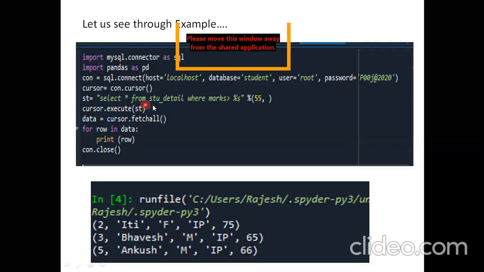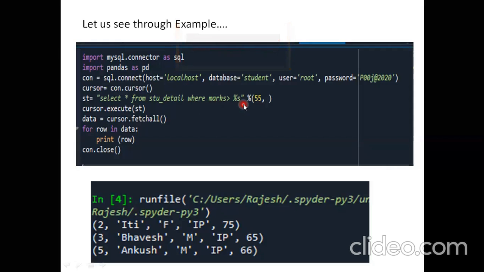So select all from the student detail where mark should be greater than this. I have given one parameter, that mark should be greater than this. And now I know what the old string format says: it should be f, that means the query string, and percent v. So percent v says the value, and I have only one value.